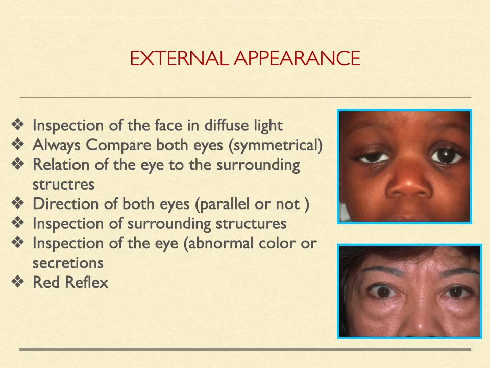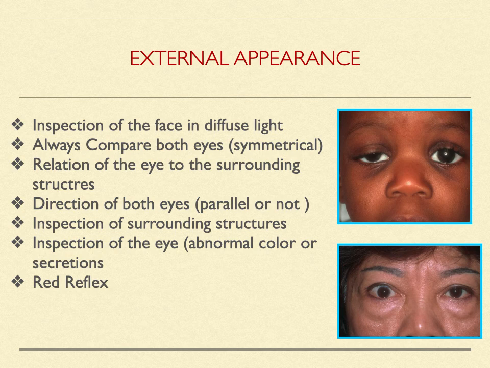What are we going to see in external appearance? When we look at the patient, we have to inspect the face in diffuse light and always compare both eyes. We compare both eyes for any asymmetry, and the relation of the eye to the surrounding structure, to the bone, to the nose, to the cheek, and the direction of both eyes. Are they parallel or not? This means they are deviated or not. And inspection of the surrounding structures which might affect the eye, like the eyebrow, the lids, the lacrimal gland, lacrimal cyst,